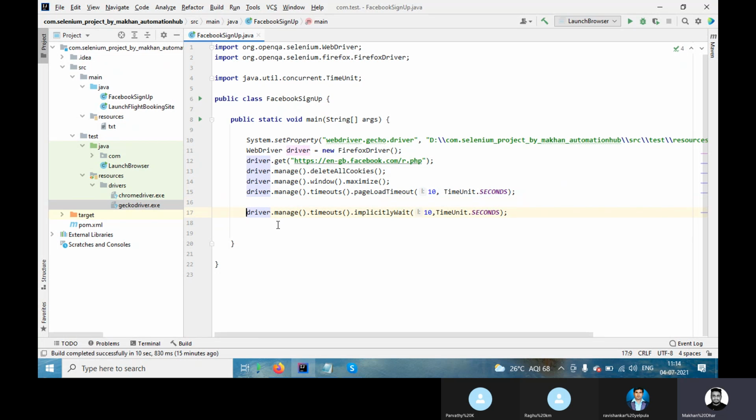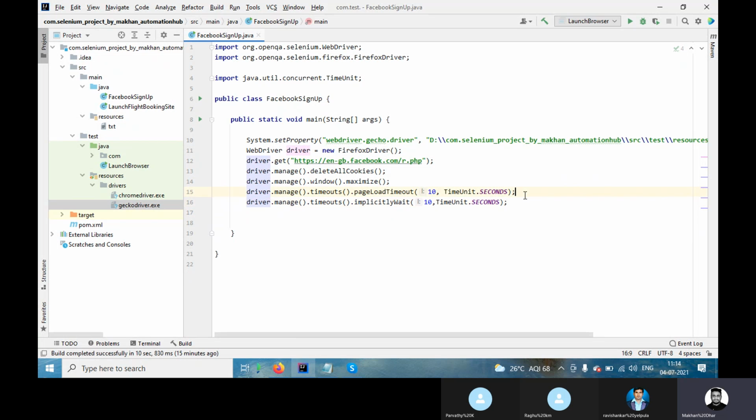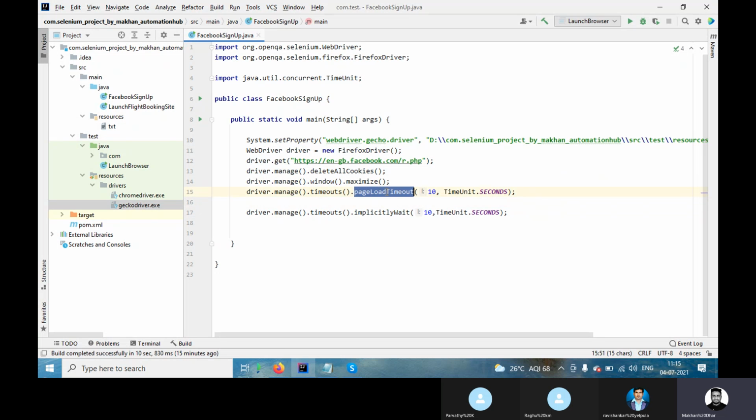So thread we generally don't use. It just makes automation a little bit slow. When people want to check step by step, at that time we use thread. Normally we use implicit wait instead of thread. Page load timeout we use one time, whenever you open any web page.